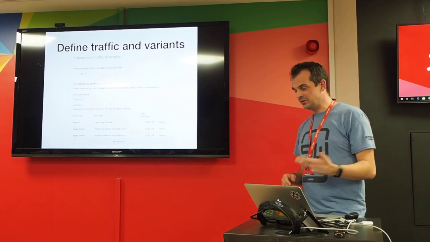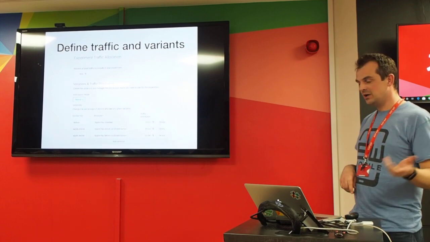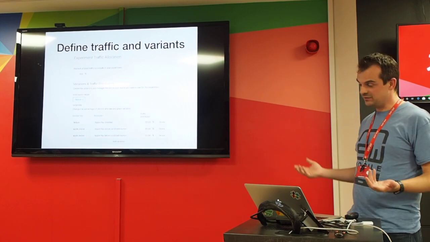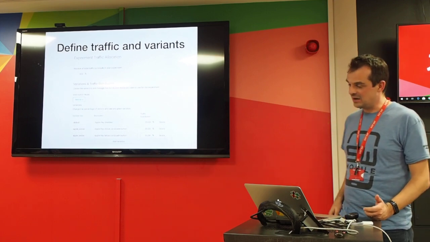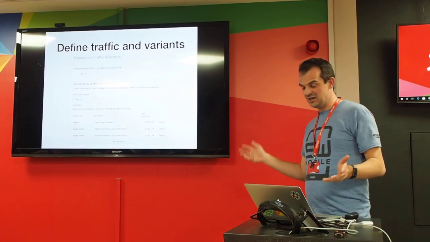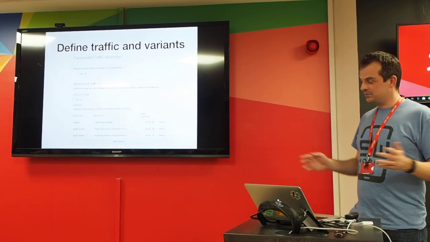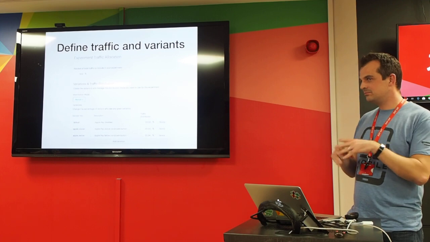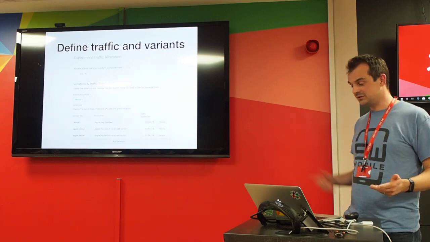So you divide your audience into two or more. Generally your A is your control, so that's your existing behaviour, your default behaviour, and then you can experiment with multiple additional variants, which you call your B or your C. You could have an A, B, C, D, E, F, G experiment if you want, but the more you split your traffic, the more people you'll probably need to go through that experiment to find a significant result. I'll come to that in a sec.